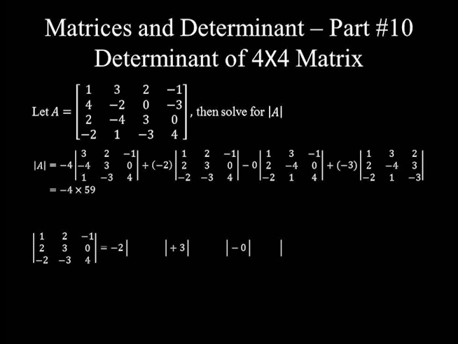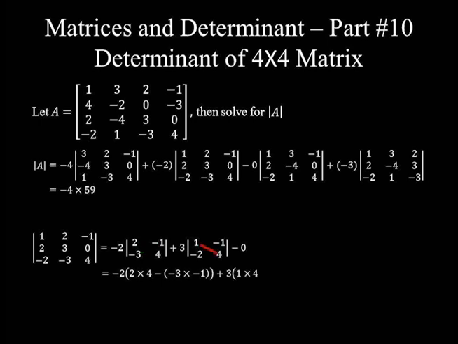2 is in row 2, column 1. Removing these two, we will find 2, negative 1 and negative 3, 4. 3 is in row 2, column 2. Crossing out these two left us with 1, negative 1 in the first row and negative 2, 4 in the second row. The third coefficient is 0, so we don't need to determine the elements of that matrix, because 0 times any number is simply 0, which is equal to negative 2 times 4 minus negative 3 times negative 1, plus 3